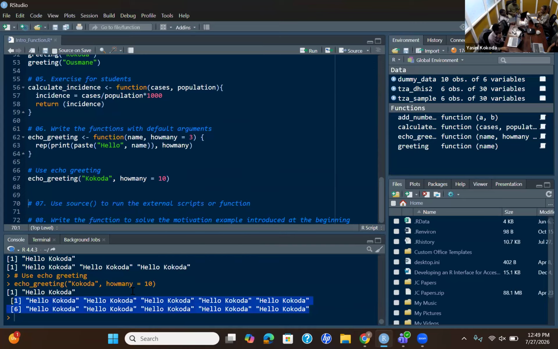It will print hello 10 times. So you can do this with different functions. Even the addition one, you can decide to make one default, and the other one you can be supplying. So the purpose is, in case you don't want to modify a parameter or argument every time, you can set that one, or the argument is not varying too much.